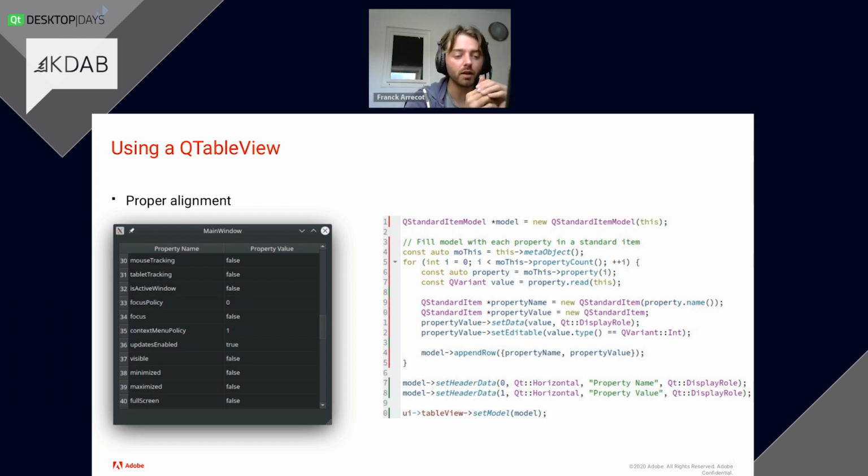If we do that, let's say for the 30th item, if the property name is mouseTracking and the value is false, it's encapsulated into items and then put into the model. Then you put the model into the view with this line, ui table view setModel, and then it's nicely displaying the content of the model.